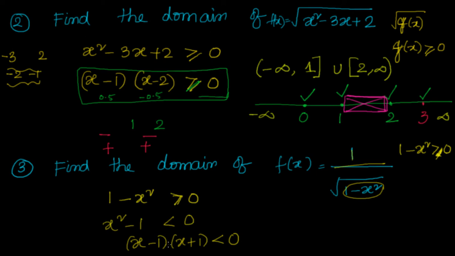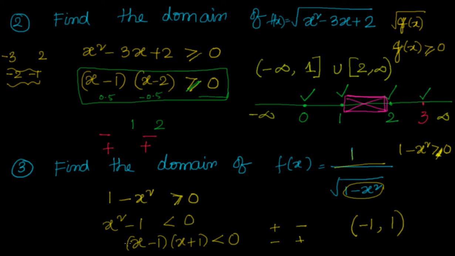Now you can check the condition. If I want to satisfy this, one should be positive, one should be negative, or one should be negative, one should be positive, and you will see that the values are nothing but minus 1 comma 1. All the values between minus 1 to 1, and the boundaries are excluded. So if you keep minus 1, it will become 0. I cannot have 0. So that's why the boundary is excluded. Similarly, if I have plus 1, then also you will see that you cannot have 0. But if x is 0, you can see that the condition is satisfied.